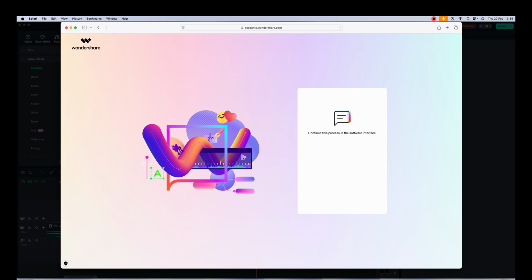Effectively, so you would pick account, continue. This is just giving Wondershare Filmora permission to connect to your YouTube account. There's nothing to worry about. Then you'll continue this process in the software interface. So you would close this and any other tabs you have open,